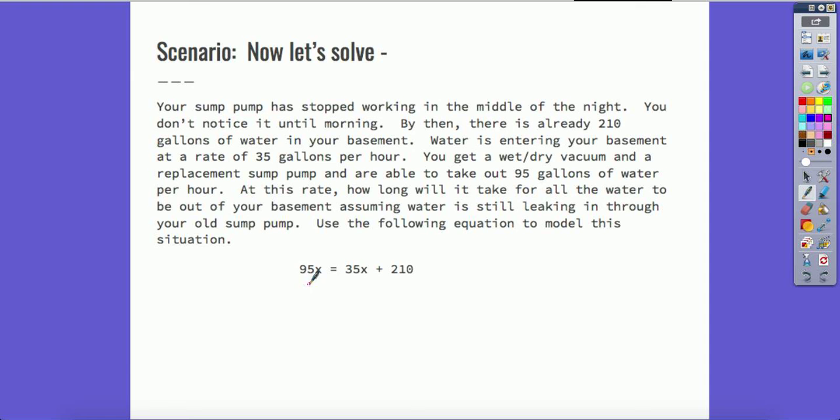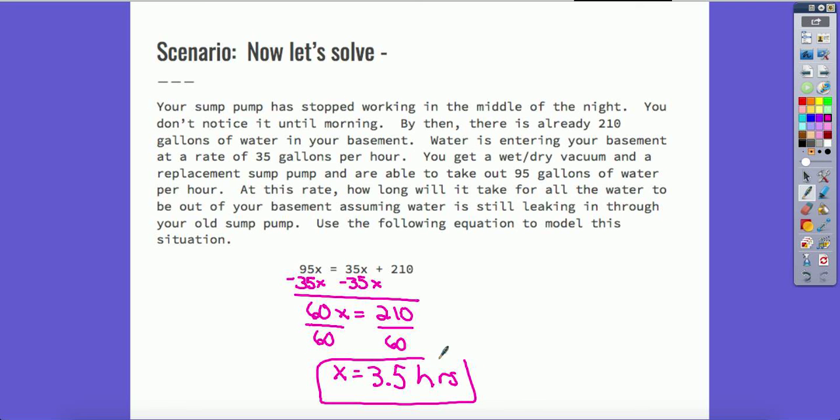And so if I want to solve this to figure out how many hours it's going to take for us to get all the water out so that we are currently catching up, I'm going to solve this. I'm going to bring this 35x to the other side so that it's with its buddy. And I now have 60x equals 210. I'm going to divide, and x is going to equal 3.5